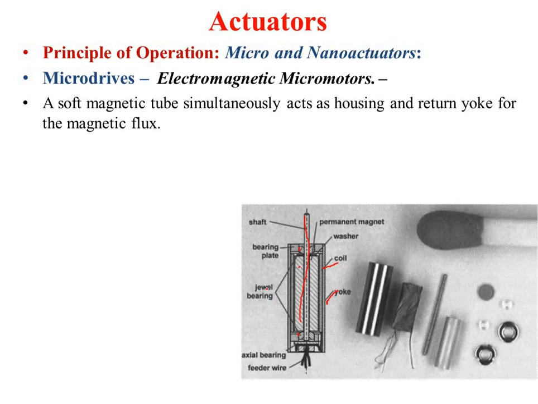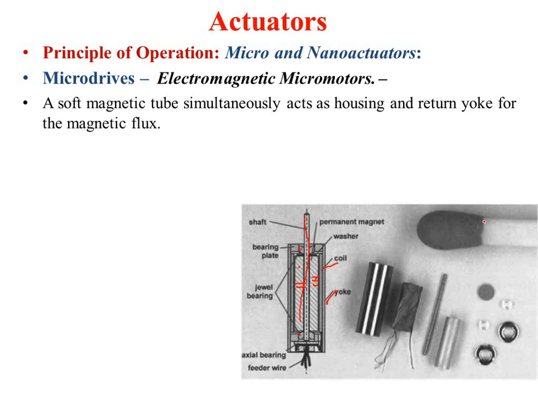Those bearings are called jewel bearings, and there is a feeder wire so that it will be connected to these coils. This coil will produce a flux, and there are the magnets. You can see that there are permanent magnets. So these are the permanent magnets. Here you can see this is the shell of yoke, which is a soft magnet. Then this is the coil, which is connected. This is the shaft, and this is the internal magnets, and these are the bearings, and these are the caps to cover it.